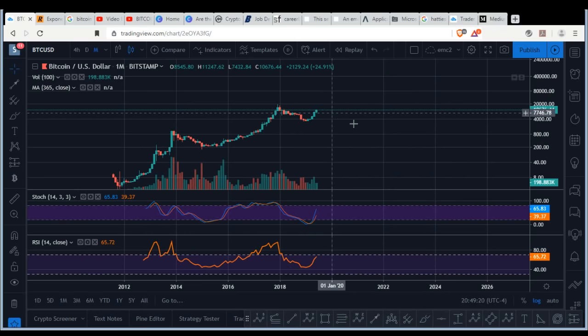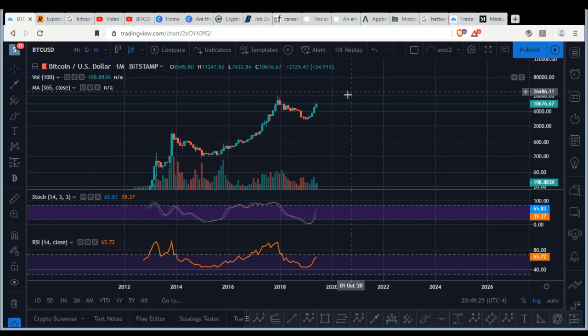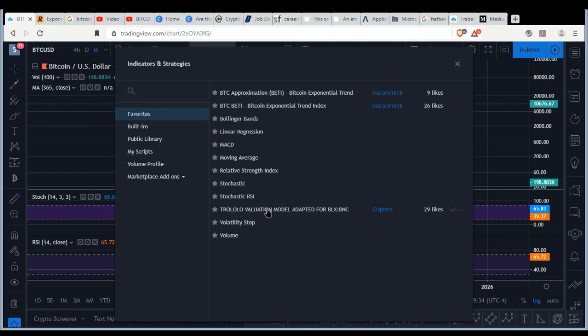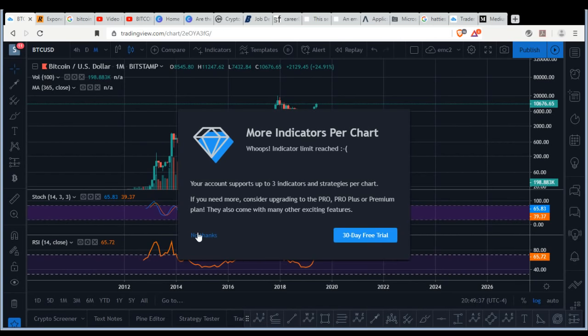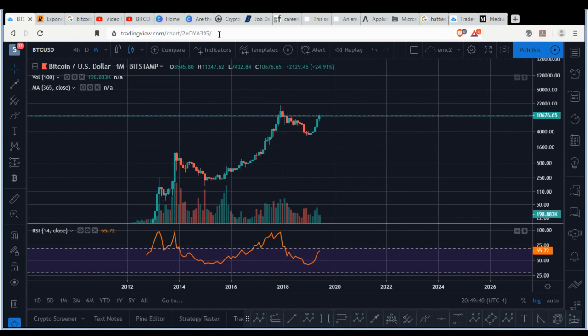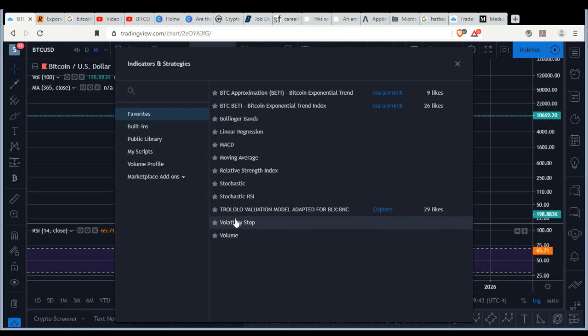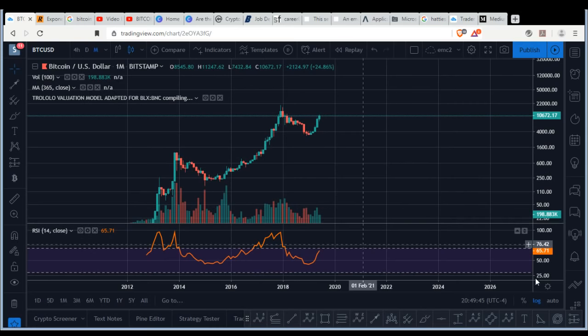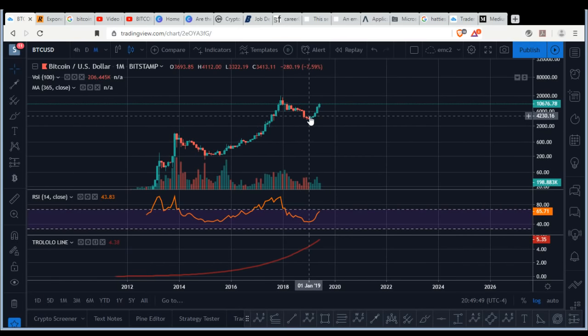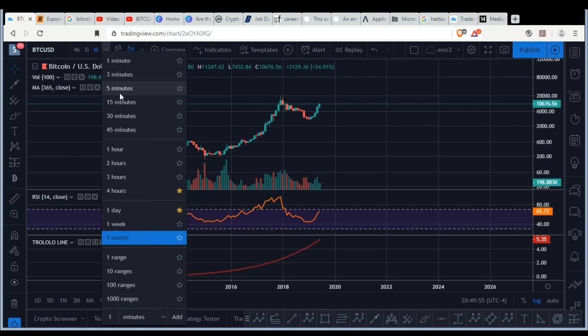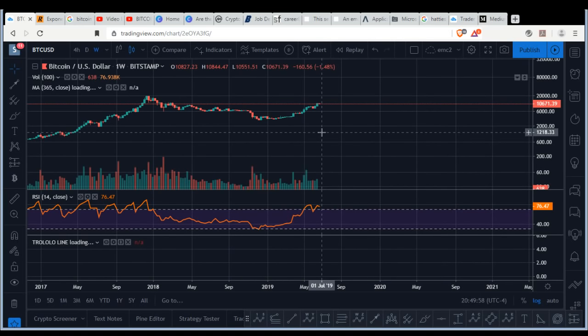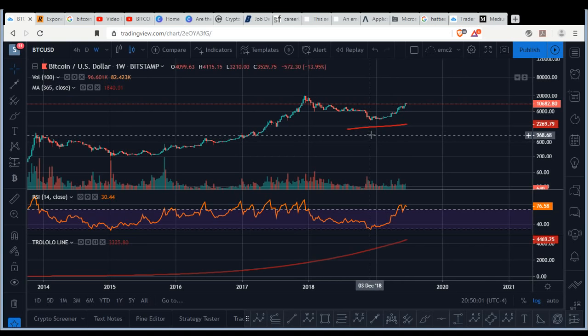And then BTC bottom at 3,100, right? 3,150 roughly, right? So keep that in mind. So if I add the Trololo trend line, you can see in this area, just about like the month of December, right? The Trololo trend line was at, on the weekly time frame. You only have to take a look at it on the weekly time frame. On the monthly time frame, it doesn't work. So the Trololo trend line was at just about